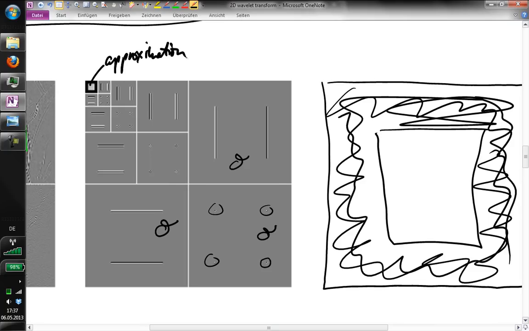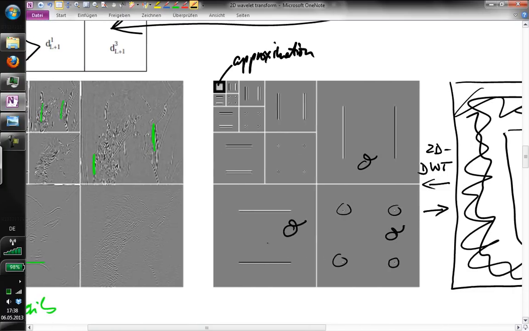Now, going from right to left was done by means of the discrete wavelet transform, here in 2 dimensions. And as long as we store all coefficients, we can go back with no loss of information whatsoever. If we now start eliminating small coefficients, actually for this toy example, if I just omit the zero coefficients or don't store them, I still lose no information. But if we look at Lena instead,